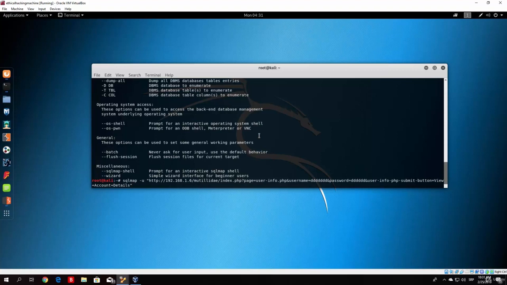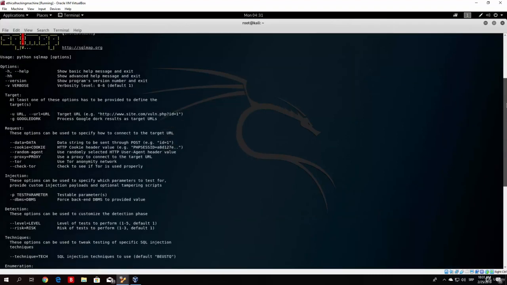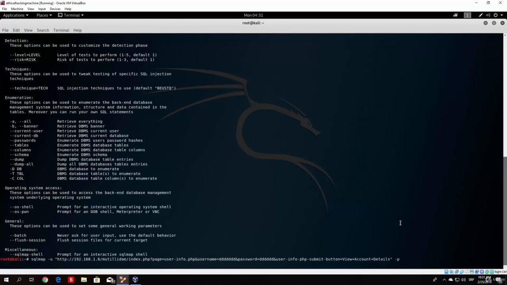So let's say for this type of scan we want to scan the username input. So you just type here -p, I believe it's -p, let me just enlarge this and see it for myself. So -p, testable parameters, we want to test the username parameter, so just type here username,